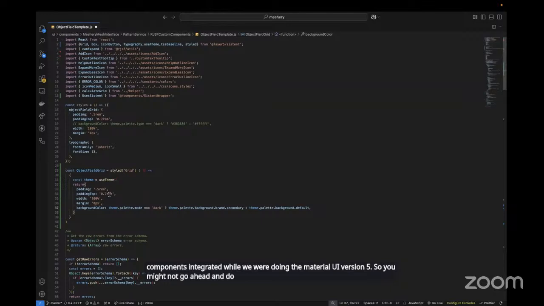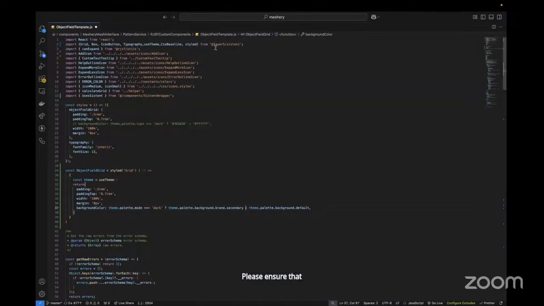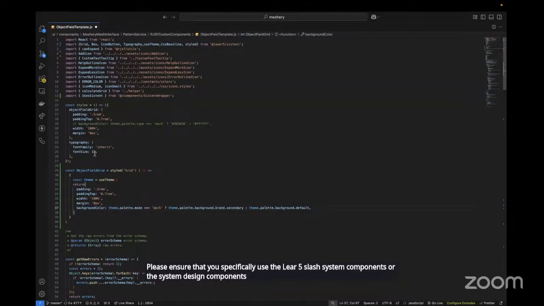You don't have to go and change this in an existing component, but if you're creating a new component inside Meshery at any point of time, please ensure that you specifically use the layer5/sistent components or the Sistent design components.